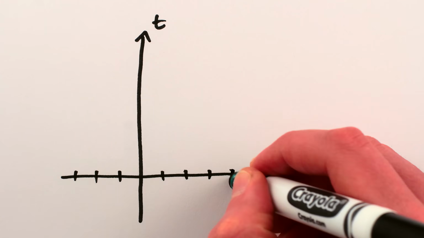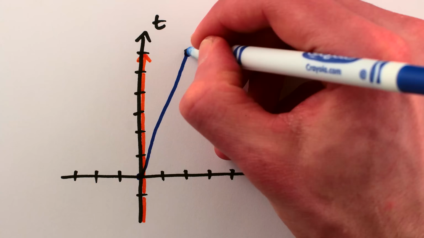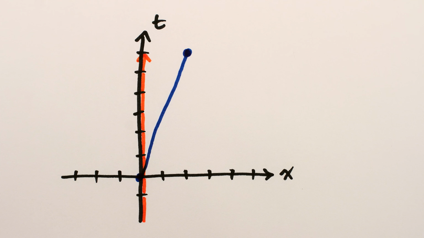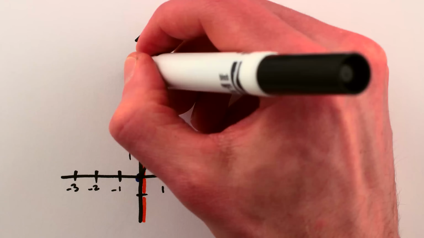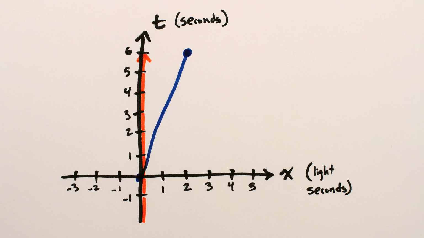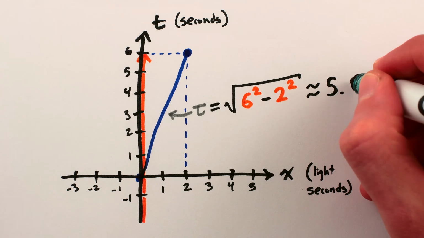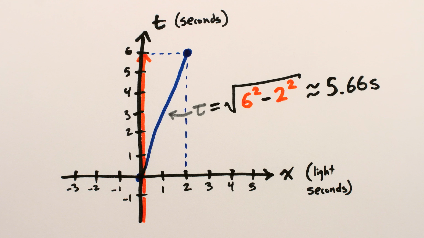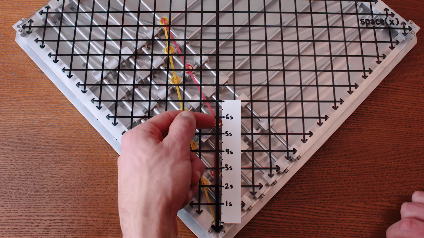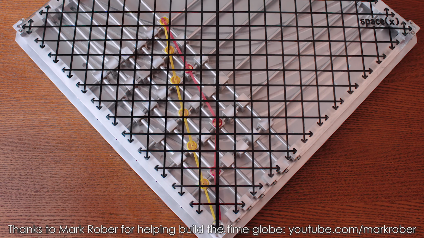You also don't have to use Lorentz transformations to figure out the solution to the twins paradox if you know about proper time, because proper time is a way of calculating the time that passes for somebody according to their perspective. So in the case of your twin, on each leg of their journey, they take 6 seconds to travel the distance light would travel in 2 seconds, or 2 light seconds. And taking the square root of the difference of these numbers squared gives a proper time of 5.66 seconds for each leg of their journey, which is exactly what we measured on the spacetime globe.